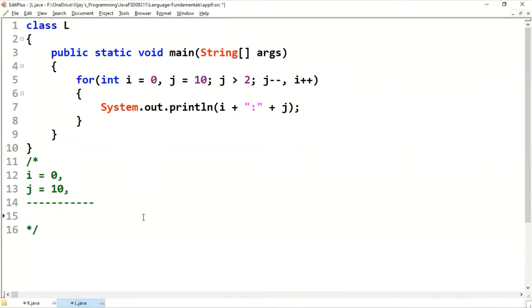Printing the current i value, colon, the current j value. j will be decremented, i will be incremented. i will be incremented to 1, j will be decremented to 9. If you are getting confused here, simply think of it as i plus plus, then j minus minus.